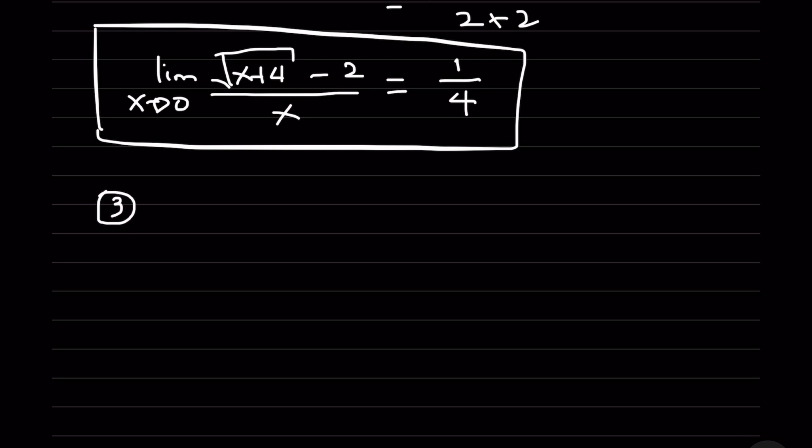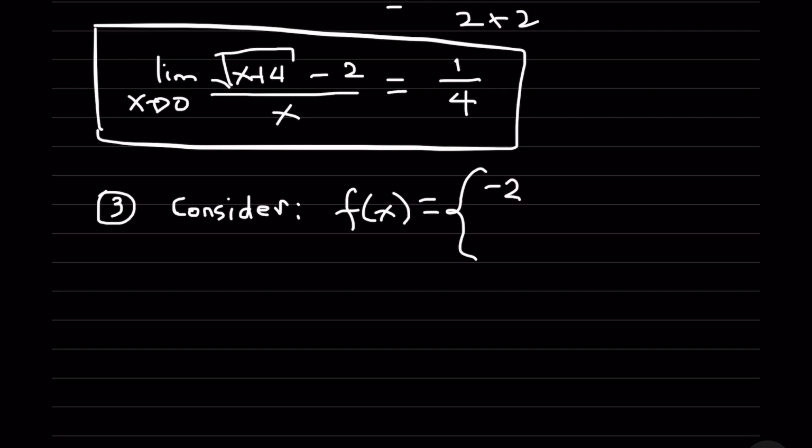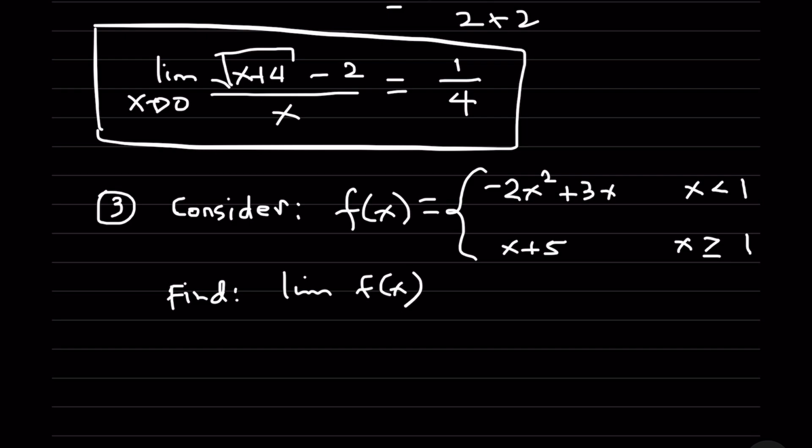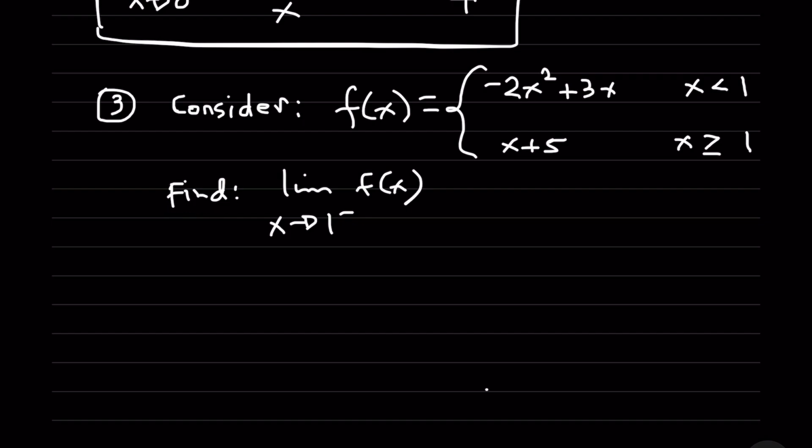Next question, number 3. Consider the following function: f of x equal to negative 2x squared plus 3x for x lesser than 1, and f of x equal to x plus 5 for x greater than or equal to 1. Find the limit of f of x as x approaches 1 from the left. So this is a one-sided limit,